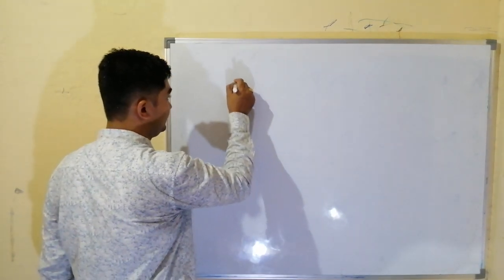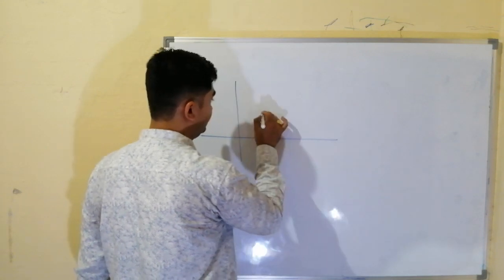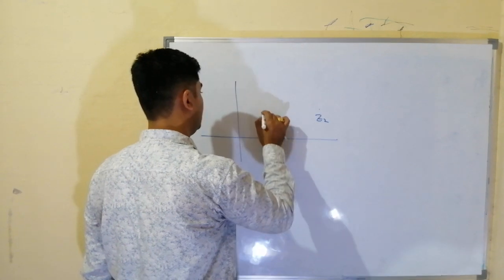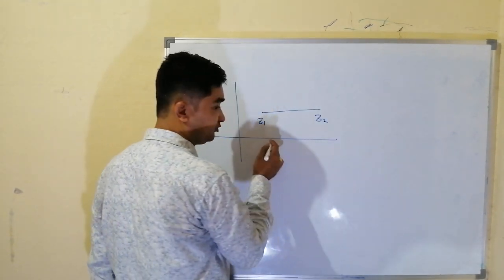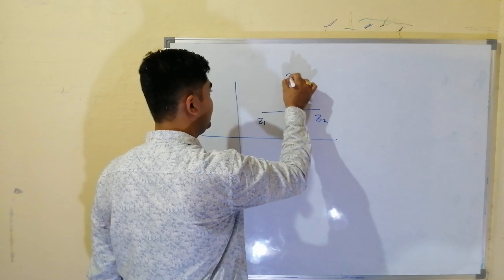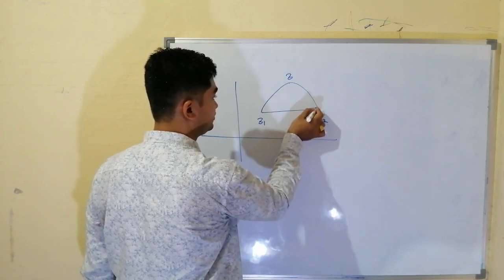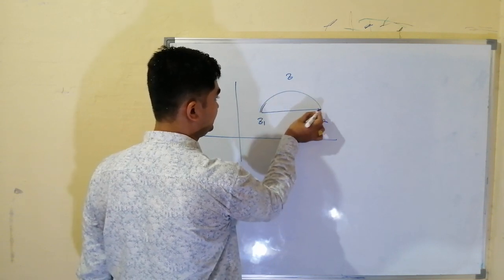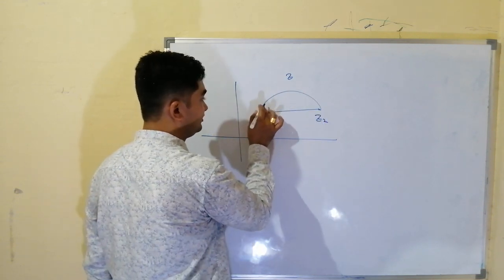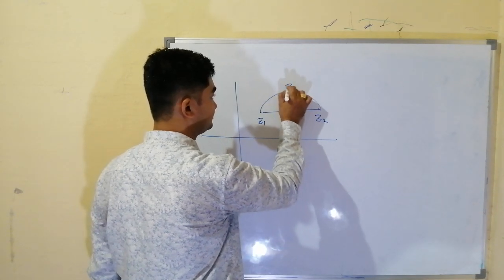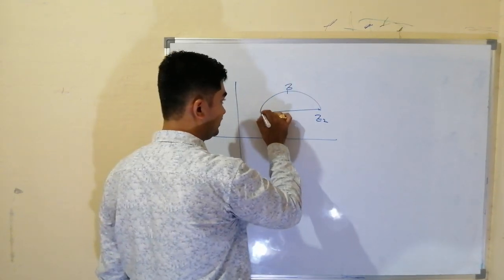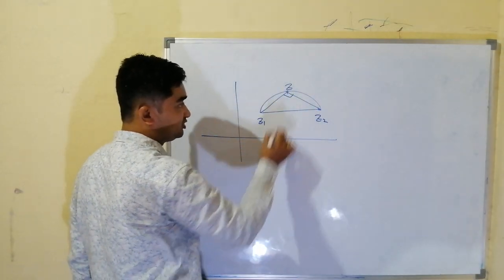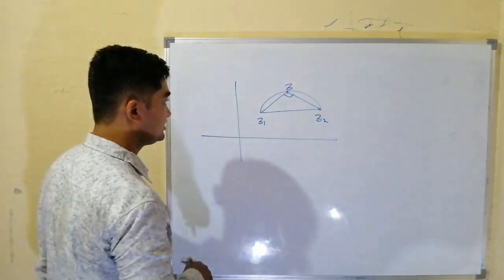Look, let us say we have this Argand plane. In this Argand plane, this is Z1 and this is Z2. Let us say these are the endpoints of the diameter of a circle. Somewhere we'll have Z, which is the locus of a point which will move. So it is a semicircle. In this semicircle, anywhere we'll have Z. Can we join this to this and this to this? This angle is 90 degrees because it is a semicircle. Angle in a semicircle is 90 degrees.